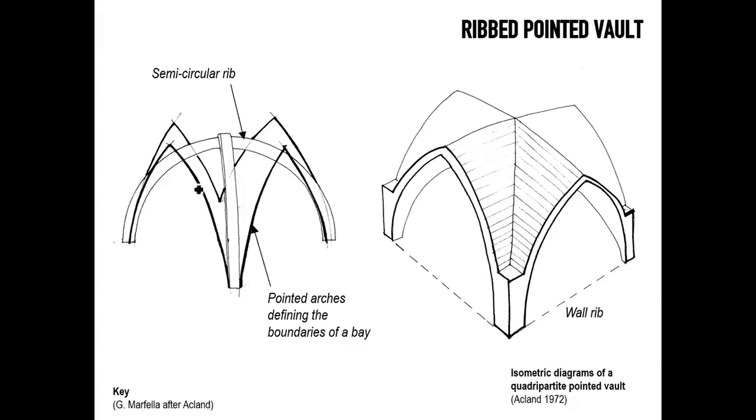We have a series of pointed arches, but if we set up four pointed arches in order to create a vaulted bay, then this time we can still create a semicircular rib in two directions, and then define the four pointed arches that can meet the same apex. So we can just set up two semicircular profiles that cut across the diagonals of the bay, and then define four arches that will all meet here at the same point of the semicircular